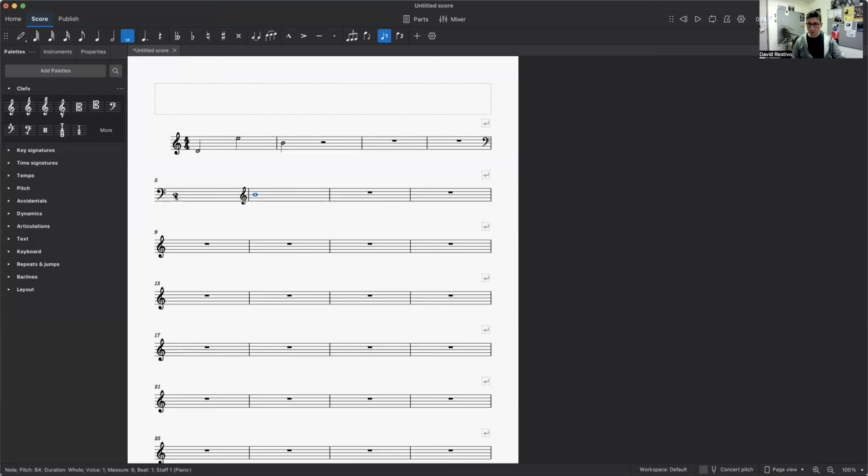So the shortcut for writing baritone saxophone music is that, because you're going to write your initial sketch in concert pitch in bass clef, because that's where the notes in the baritone sax reside primarily,